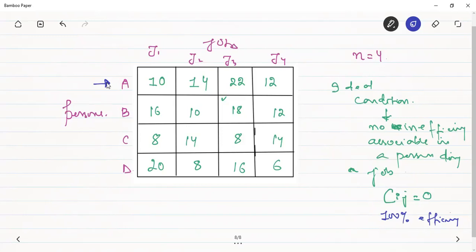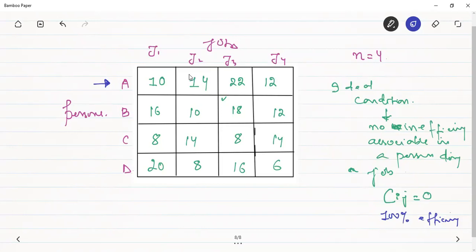So इसमें क्या है? Here we have 10, 14, 22 and 12, but we don't have any 0. Okay, we don't have any 0, so that we could have assigned that directly. अगर यहाँ पे किसी भी एंट्री में 0 होता, ठीक है, सपोज यहाँ पे 14 के बदले 0 लिखा है, उसका मतलब क्या है? That there is no inefficiency of the worker A in performing the job number 2. There is no inefficiency associated, or there is 100% efficiency associated. So our mind would have suggested that give the job number second to the person A, because Cij is 0